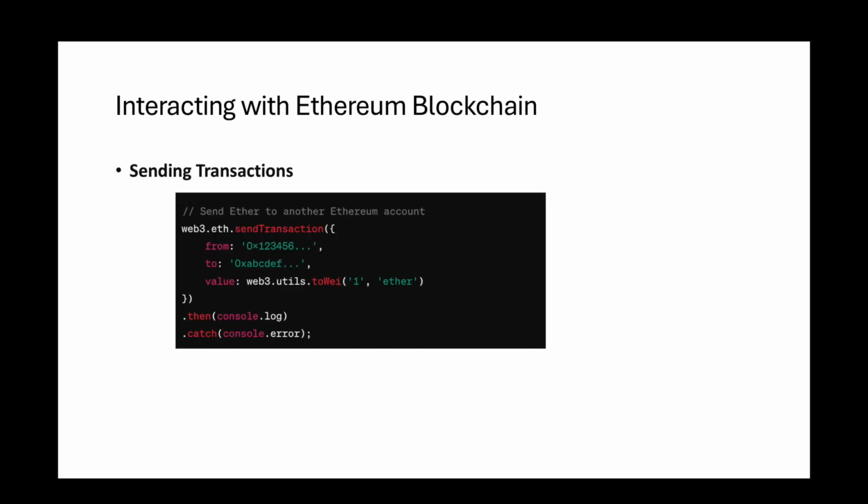Sending transactions. Web3.js allows developers to send transactions to the Ethereum blockchain, including transferring Ether between accounts and invoking methods on smart contracts. Example code. // Send Ether to another Ethereum account. web3.eth.sendTransaction({from: '0x123456', to: '0xabcdef', value: web3.utils.toWei('1', 'ether')}).then(console.log).catch(console.error);